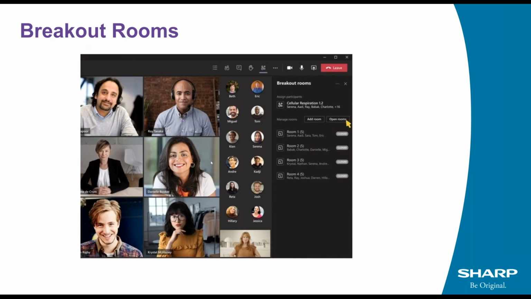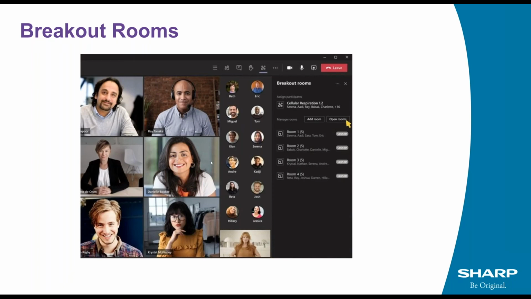So if, for example, you take a college class that might have 20 odd people in it, and you're undertaking some remote work in these times, you might have a session with all 20 people in a meeting, and then you might want to break out into smaller groups like you would do in a classroom environment.